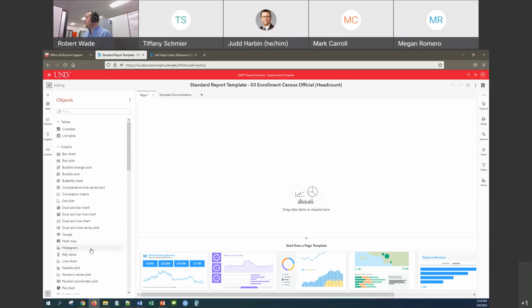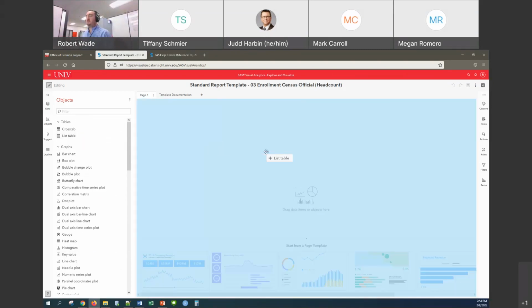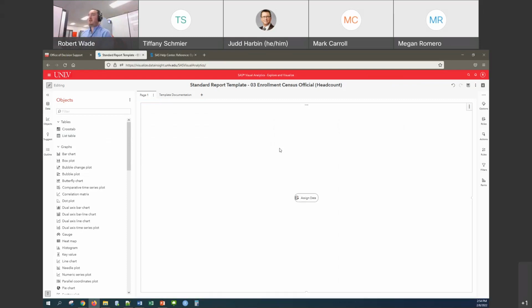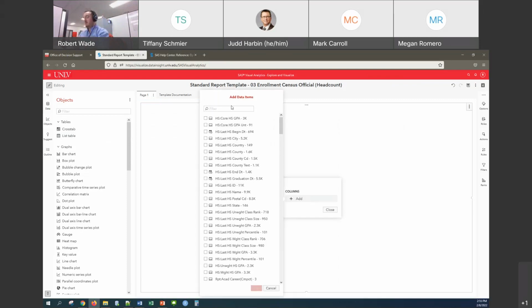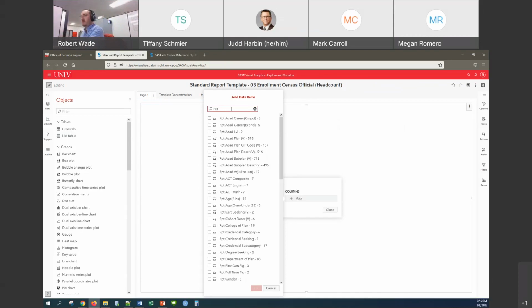So the first thing we want to do is go ahead and drag in a list table. This whole process of building stuff is really just drag and drop. You want to drag and drop in these objects in the format that you want. Once you drag an object in, you see that it has this button labeled Assign Data. So let's go ahead and click on that, and let's type in RPT to look at all the official reporting fields. And let's click College or Plan,